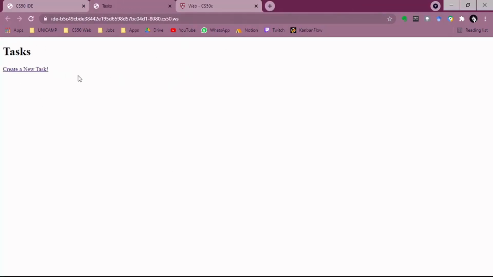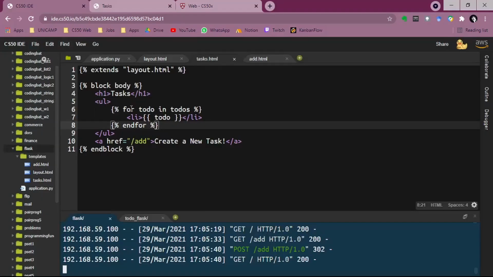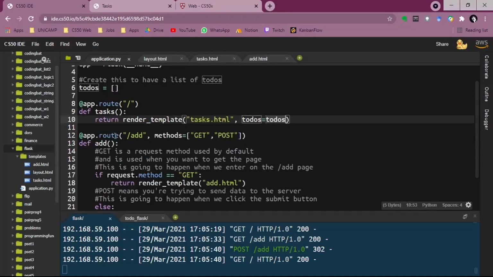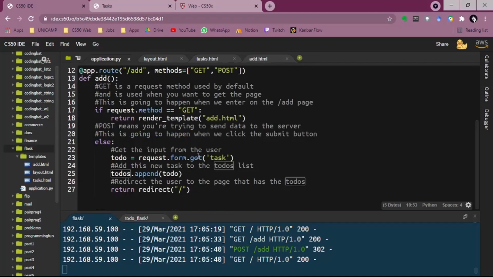So here, by now we have nothing. And why would we not have any to-do in our tasks page? Because we didn't add any to-do in our to-dos list, right? So now let's create here study Flask and let's submit. When we submit, now it appears here study Flask. So that's what is happening. So this is doing for to-do and to-dos, and it's going to display the information that we have in our to-dos. Why is the first case empty? Because our to-do is empty, and then we start appending here, okay, in our